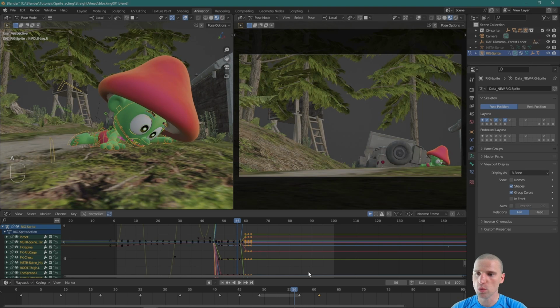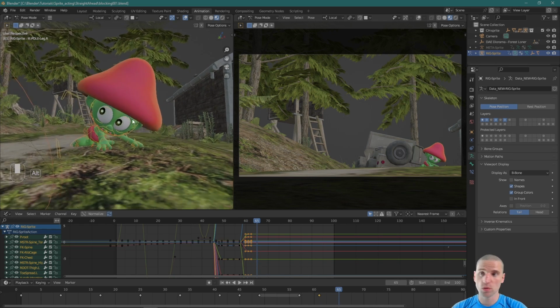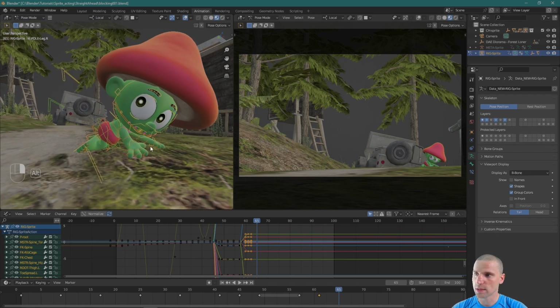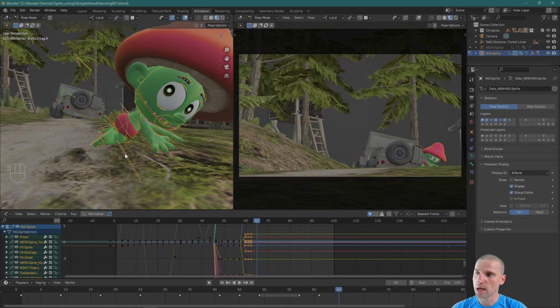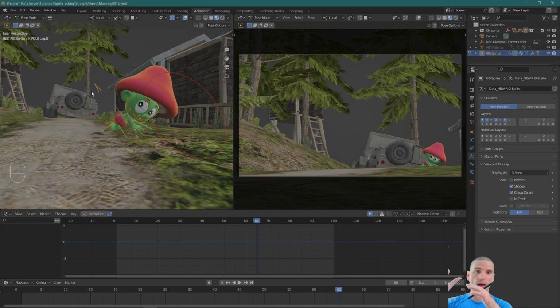Cool, so we have this pose here where we have our hold, and the very next pose, he's looking up 4 frames later. Let's go 4 frames again and just continue with the posing, with the idea. Again, as he's getting up, I still want him to look in that direction where the threat's coming. And at the same time, we have this move all control that has a weird rotation value. That's how we got into that position. We came in the frame and rolled and tumbled, and we landed